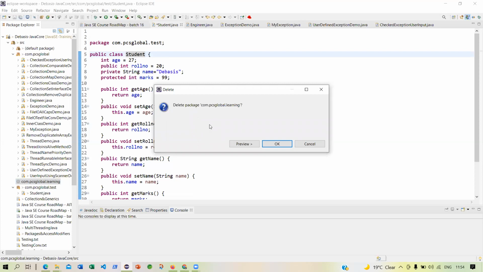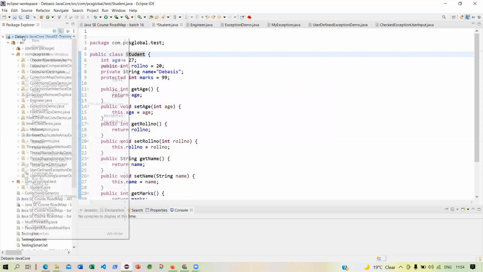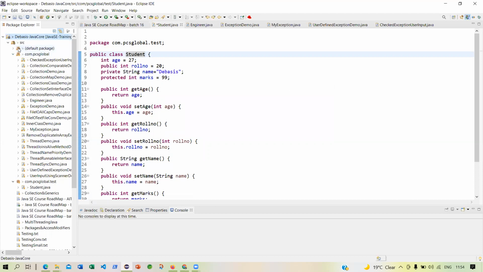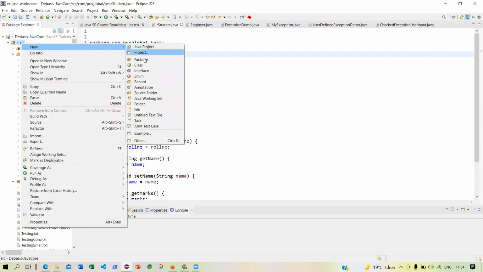So can you see again how to create the package? You go to the project, or you can go to source, because source is the place where you are creating the package. You right click, say new, and then go to package.